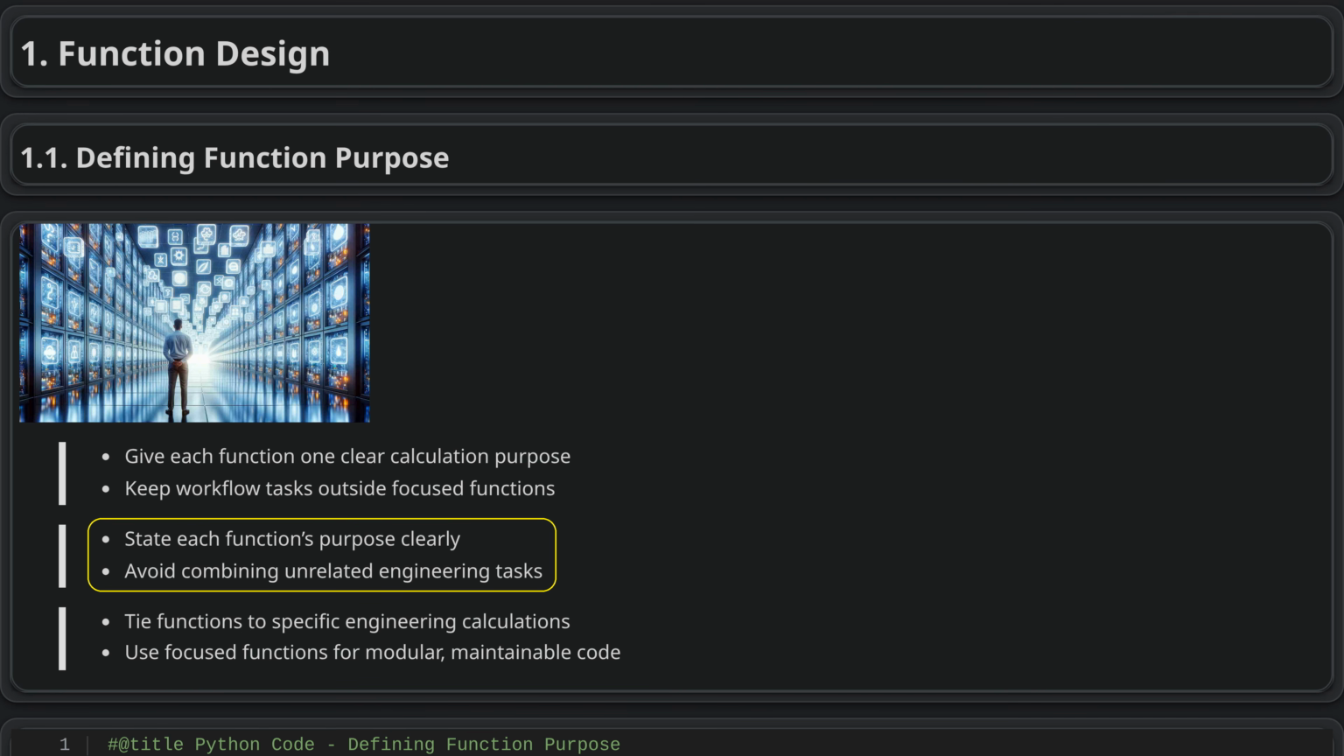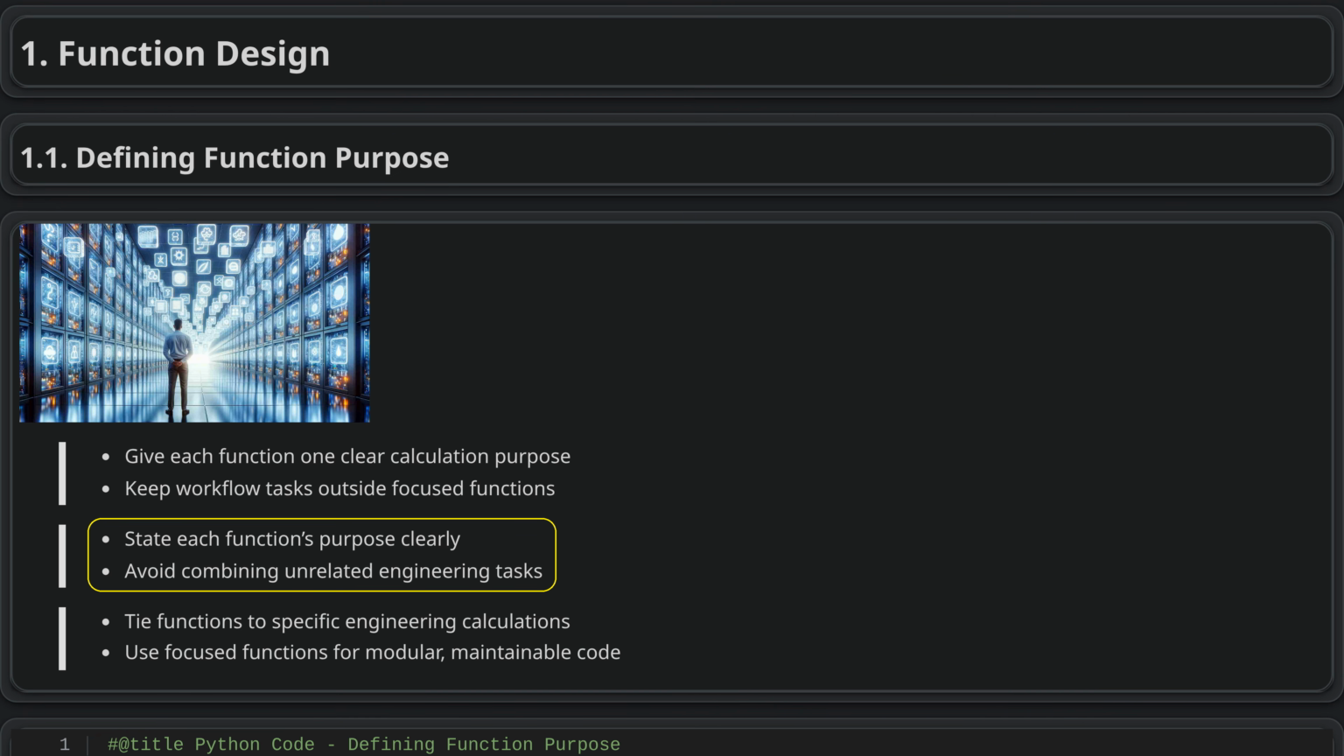A well-designed function should have a clear, simple purpose, focused on one specific task, such as calculating or estimating a value. Keeping functions narrow separates the main engineering logic from unnecessary software complexity. Functions that try to handle too many concerns become harder to check, reuse, and integrate, while concise functions are more